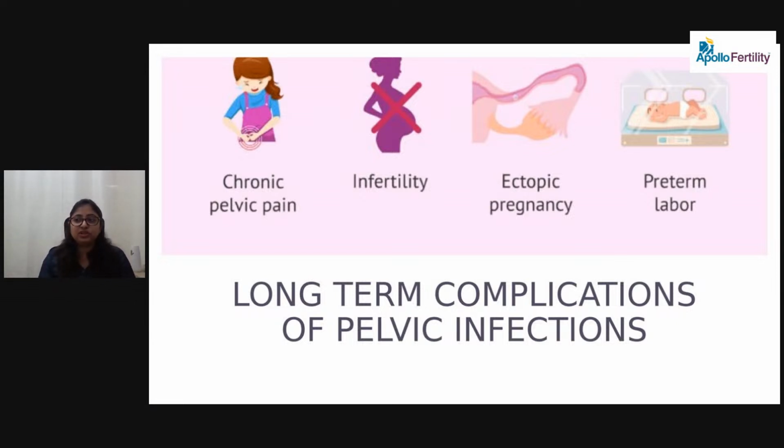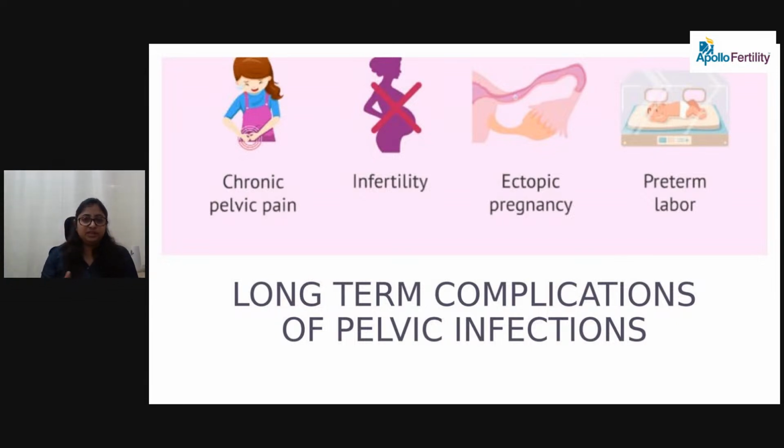So pelvic infections in males cause inflammation and scarring, and lead to decreased sperm production, or they can interfere with the production. Or if sperm is produced, there will be more damage to the sperms. The sperms will be damaged, and that can also affect their ability to move forward or their ability to fertilize the eggs. So these all can lead to male infertility also.